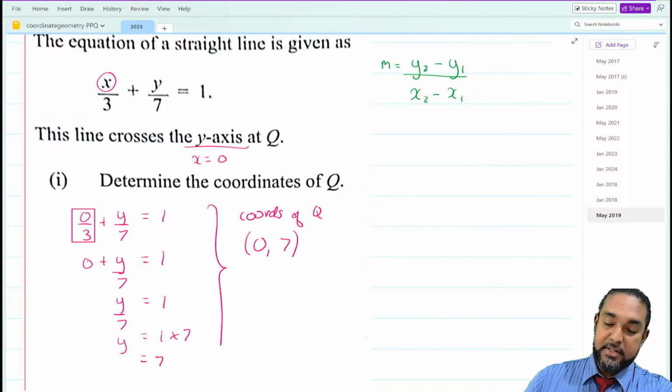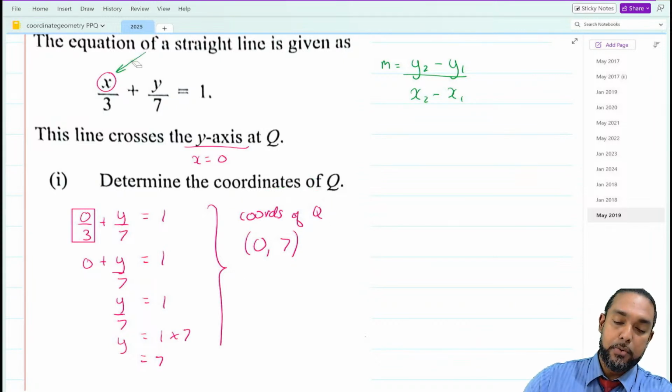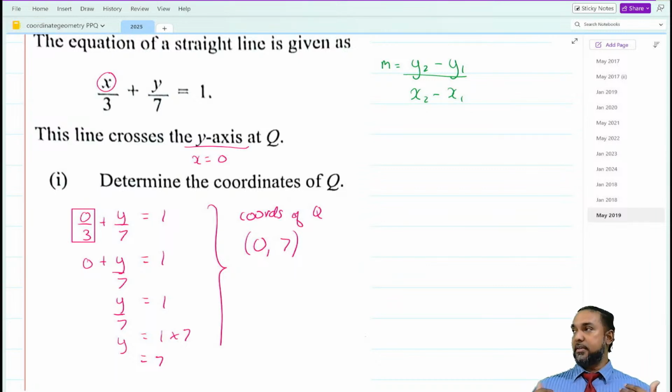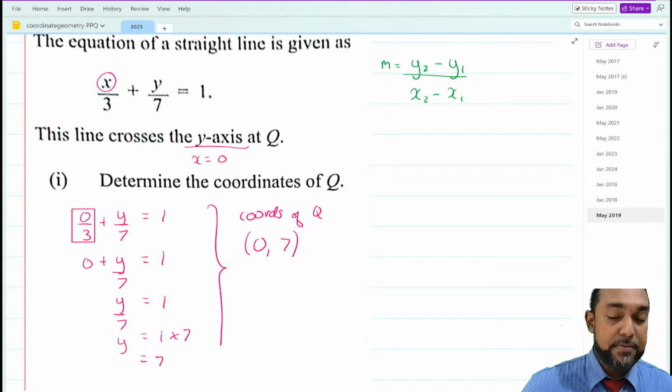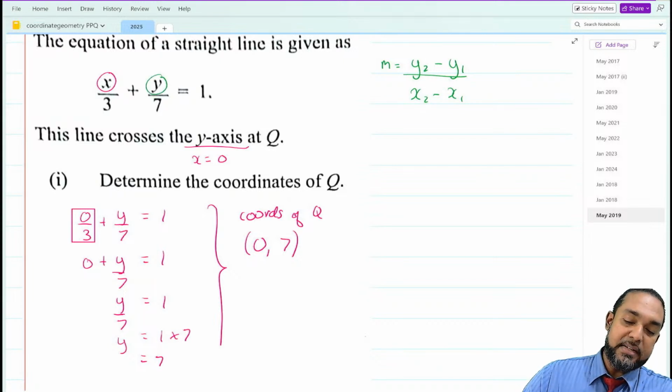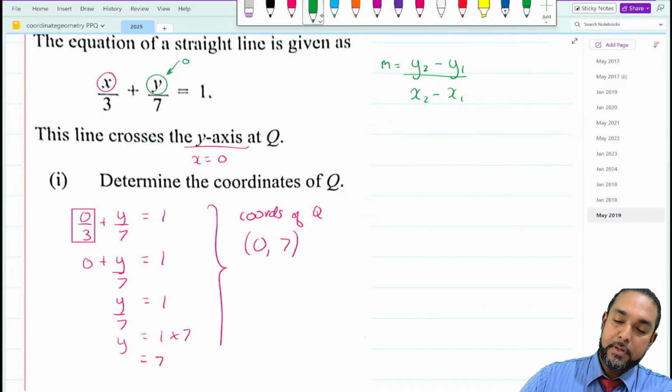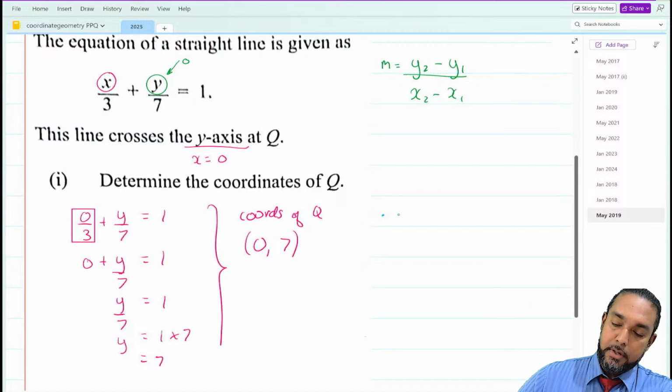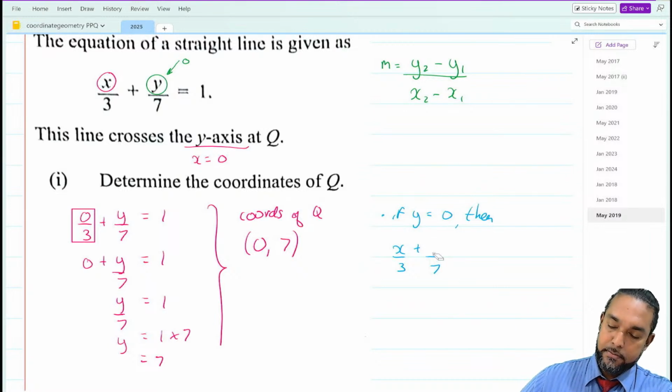Now, what is this? This is the y-intercept. And we found that by substituting x equal to 0, because at every point on the y-axis, x is 0. The other easy point to find is what we call the x-intercept. And you could find that by subbing 0 in place of y. So if y is equal to 0, then x over 3 plus 0 over 7, I'm substituting 0 in place there,